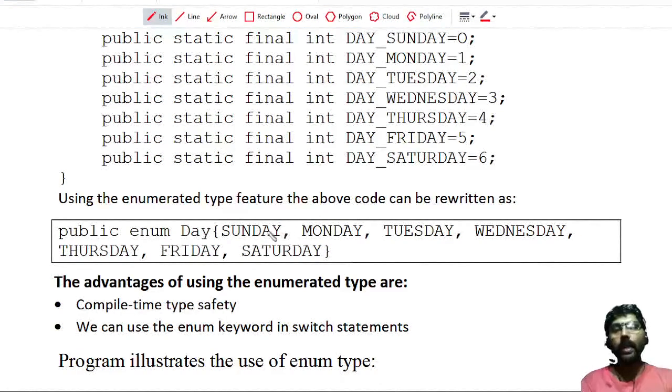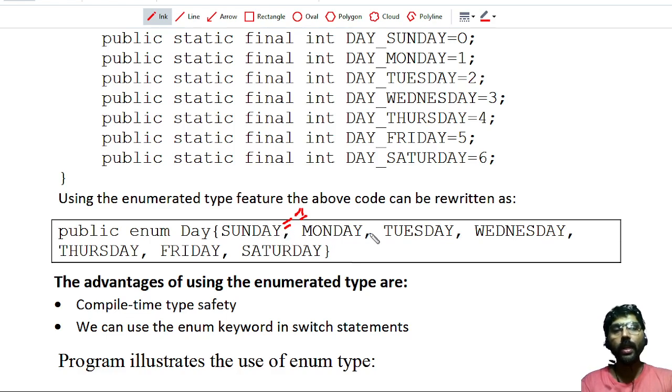We can even initialize these constants with different values. For example, if I want to start from 1, I can initialize Sunday with 1. That means the Sunday value becomes 1 and it is incremented: Monday is 2, Tuesday is 3, and it will increment up to Saturday is 7.